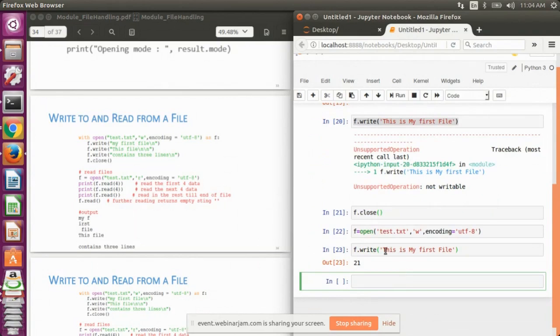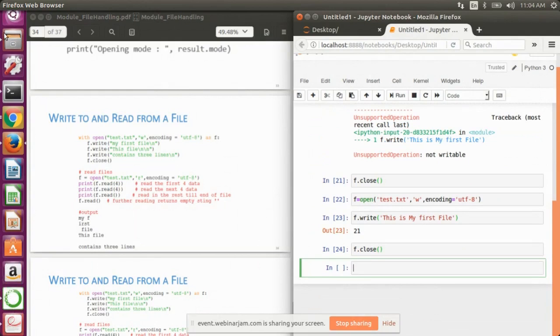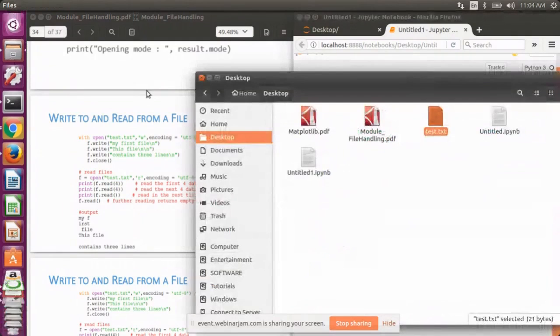Now I have written a statement, and before seeing the change in my file, to be safe, I will first close the file and then see the content of the file.